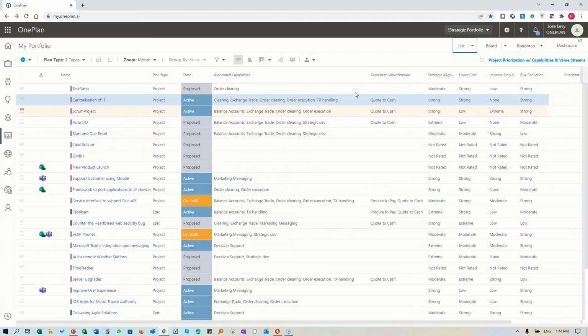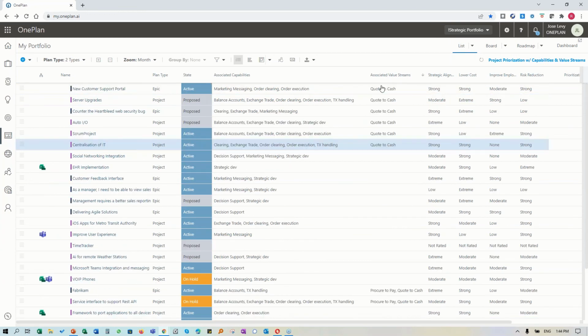You could also add your value stream. So, especially the ones that are customer facing, do we have to pay particular attention? Which ones are the ones that are quote to cash, for instance, that drive how we are actually going to generate revenue from our operations. And again, we can see the capabilities, we can see the value stream, and we can see, interestingly enough, that centralization of IT is one that falls within that. So if our focus is on the value stream, again, we might want to make sure that we don't